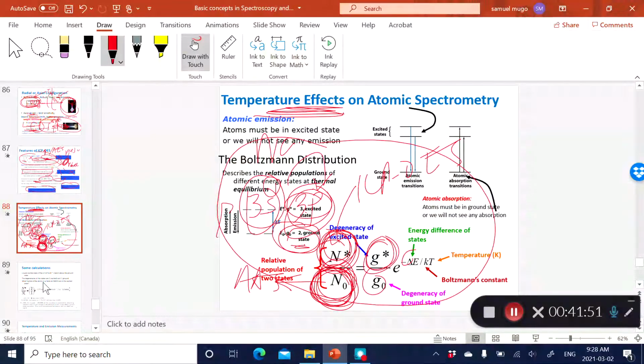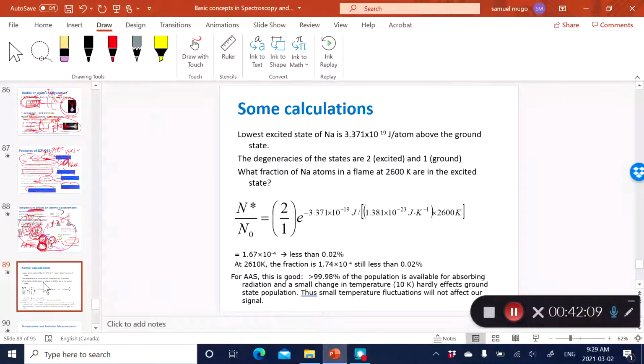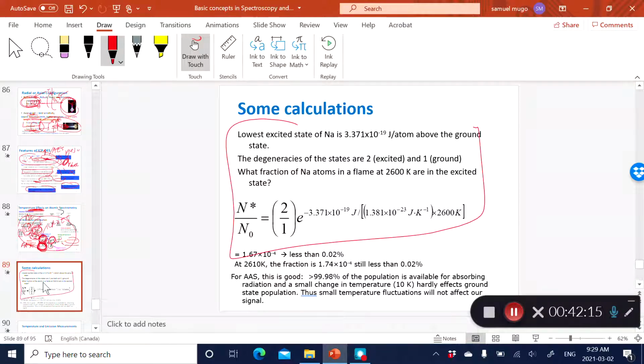Now the delta E refers to that energy gap between the 2 states, the ground state and the excited state. K is just a constant, the Boltzmann constant, and T is the temperature of your atomizer. Meaning, if you've got a situation like this, where you've got sodium atoms and you're using a flame, the temperature is not very, very high, and you're exciting the electrons from the 3s to the 3p, and the degeneracy in this case is 3, the degeneracy of the ground state is 1, then the others are constants really,